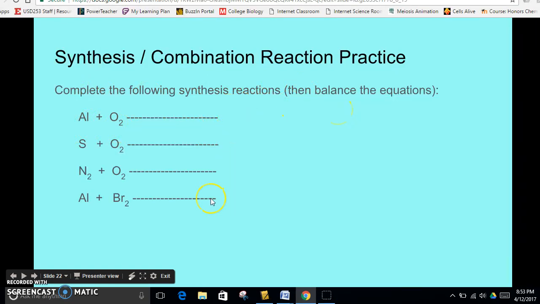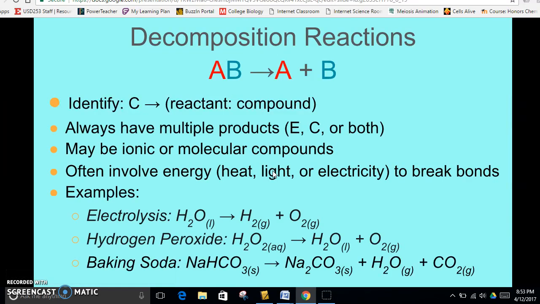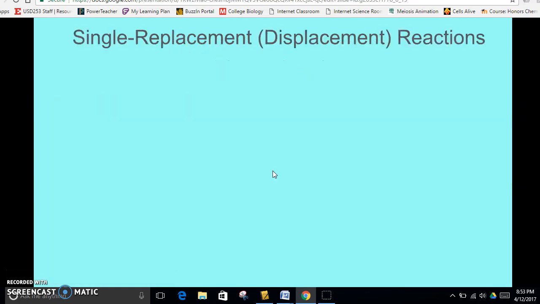This is really what we're going to do in objective number 6. But I want to challenge you and see if you guys can do this now. Using the charges that you know and using your periodic table, see if you can put these together. So these 4 for a synthesis reaction. And then there's a page on decomp, a little bit of notes, but you're going to get those in the next video. And the same thing